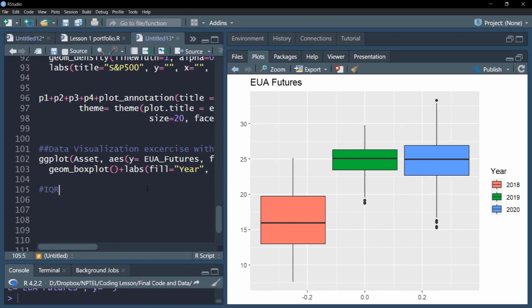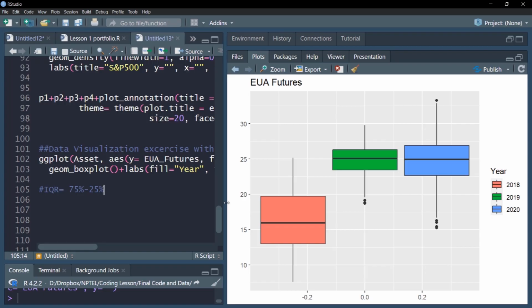IQR is the difference between the 75th percentile line minus the 25th percentile line. When this IQR is added on the top and subtracted from the bottom, these represent the whisker length. So whisker length is 1.5 times the interquartile range. Any observation beyond these whiskers is called an extreme outlier that vitiates our estimation.